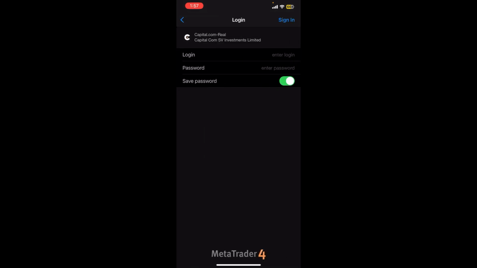Once you complete your credentials, finally click on sign in and you'll be able to trade futures with MetaTrader 4 successfully. So basically this is how you can trade futures with MetaTrader 4,